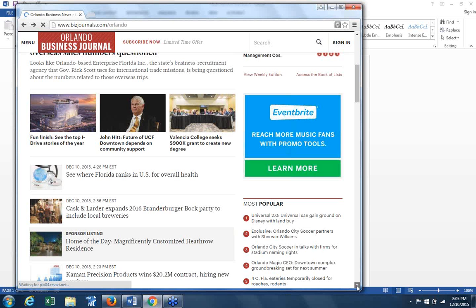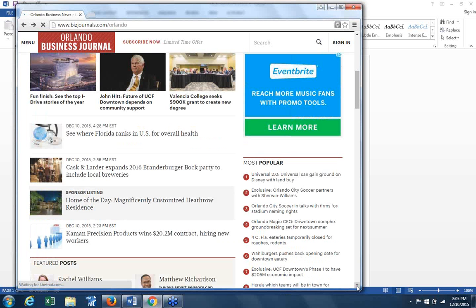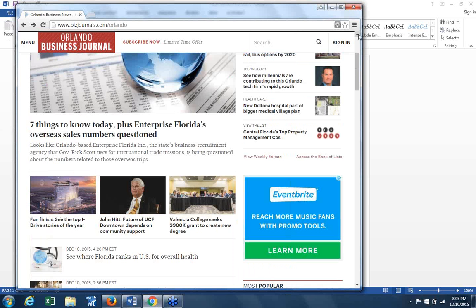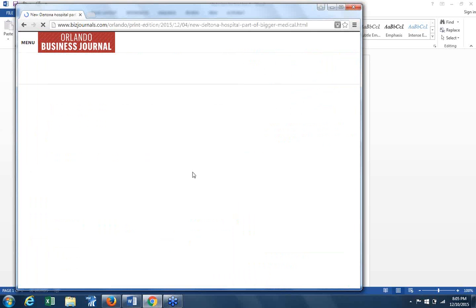Well, there was another article on the right-hand side about Deltona Hospital becoming part of a bigger system. If you scroll back up just a second, it was on the right-hand side, right above the property management article. It was about a hospital system, and we know whenever you can be near hospital systems or university systems, those are awesome areas to invest in. Start picking up your rentals there. There it is: new Deltona Hospital, part of bigger medical village plan. So maybe in that article we'll find out where they're looking to expand. Yeah, I actually know.